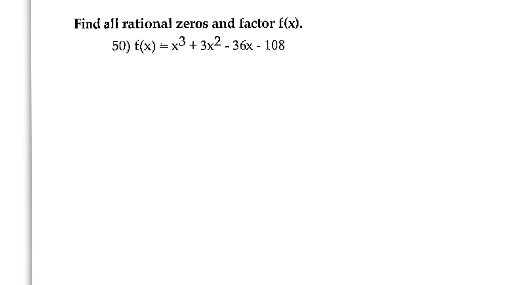Okay, so number 50 says find all the rational zeros and factor. We can do this in one of two ways. We can factor it by grouping, like we did maybe above. If you try that, we could take an x squared out of the first two terms, and that would leave me x plus 3. And I could take a -36 out of the second two, and that would leave me an x plus 3